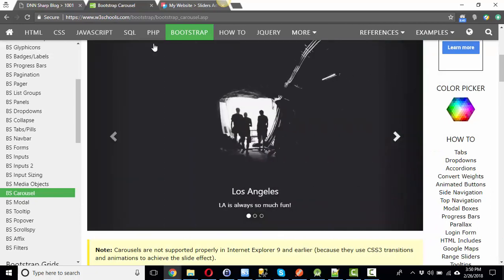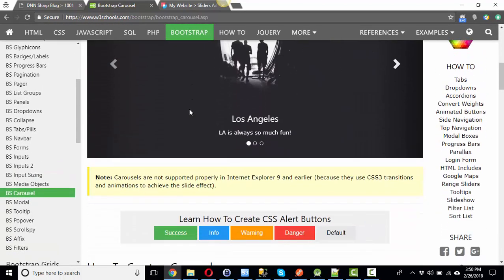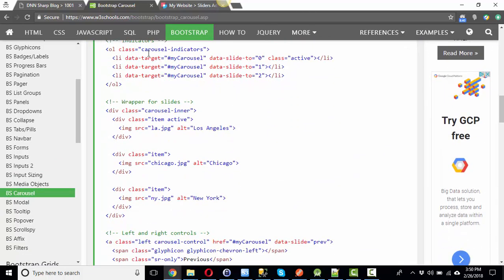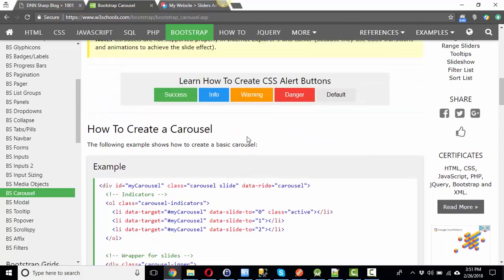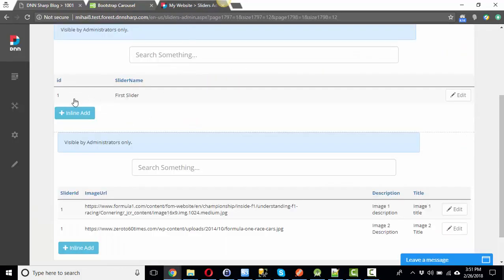We're going to be using the Bootstrap carousel plugin, for which you already have a template on W3 Schools. And like I said, we're going to use Action Grid for the admin panel for the sliders and MyTokens to render the slider. I will show you first how I built my tables, which are used to store the data